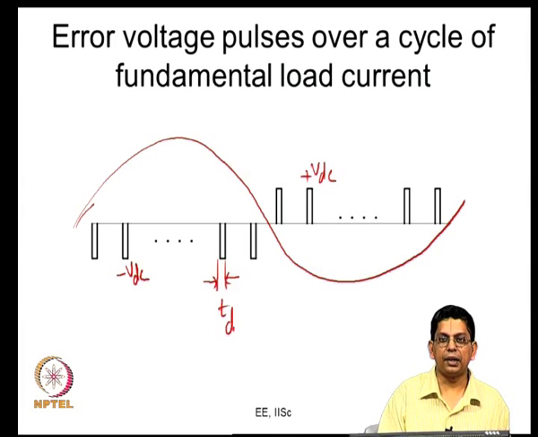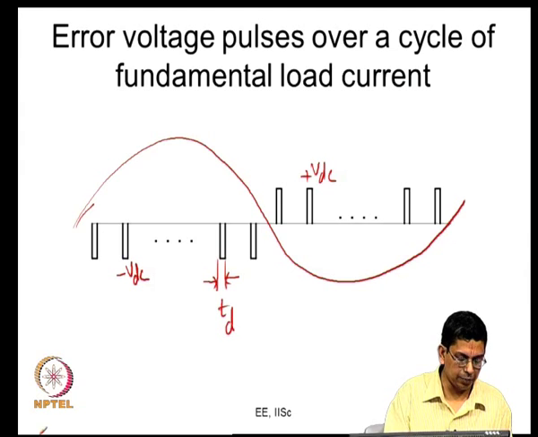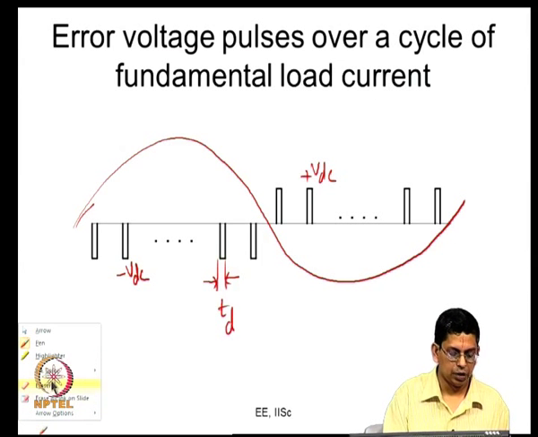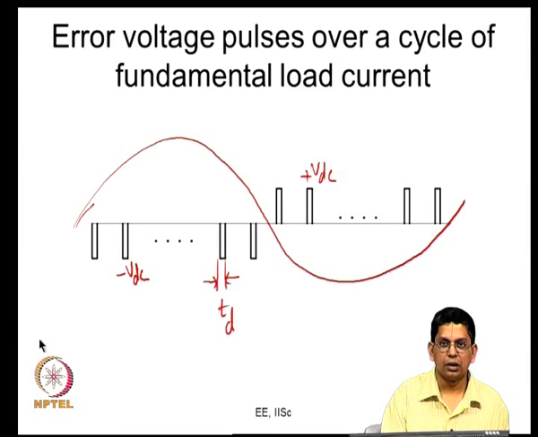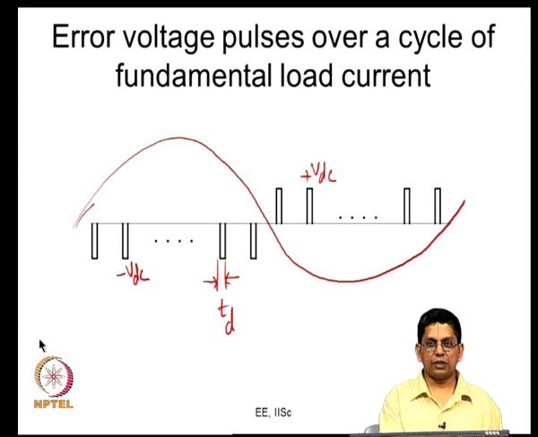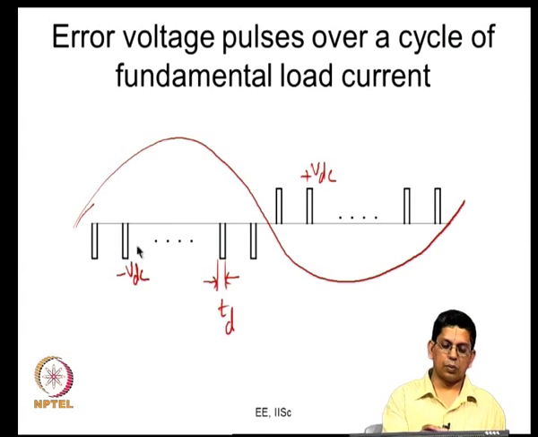So, this is really the error between the ideal pole voltage and the actual pole voltage. When you do your sine triangle comparison, whatever waveform that gives is actually the ideal pole voltage. After that, there is something called the dead time circuit, which is part of the modulator or maybe just outside the modulator, depending on your implementation. The dead time circuit does the job of delaying the rising gate signals, and that is what gives this. So, the actual pole voltage is a little different from the ideal pole voltage.